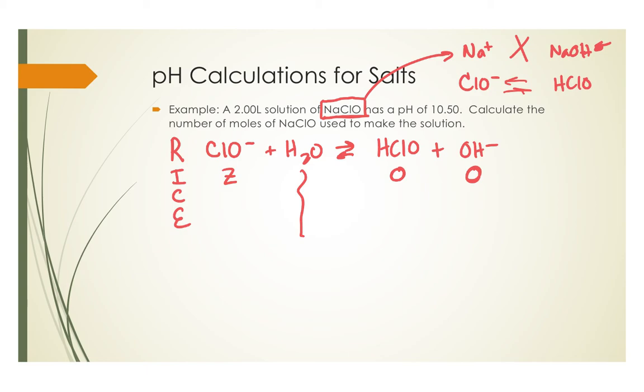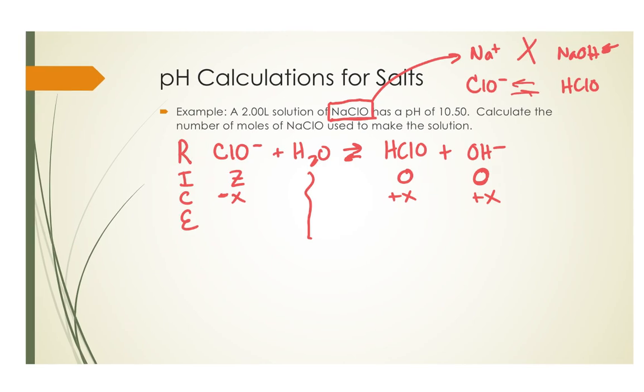Okay. All right, so let's go ahead and look at the change. For ClO-, it's going to be minus X, and plus X for the OH- and the HClO. Then for the equilibrium concentrations, we have Z minus X, and X, and X. And we can work that out with our Kb expression here. But what we also know is they gave us the pH, so we're going to take the pH,